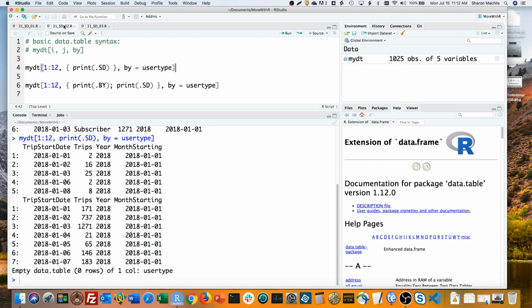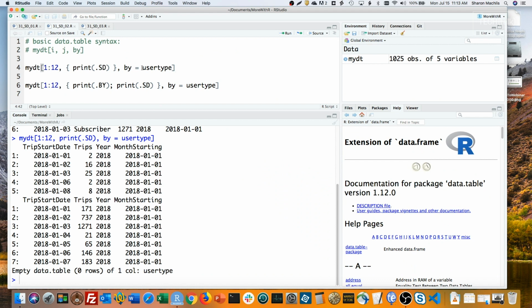If you're familiar with data table syntax, there are 3 parts to the bracket notation after the data table name: i, j, and by. i is for filtering rows, j is for what you want to do, and by is how you want to group your data, if you do. See the code on line 4? I've just put curly braces around the j part. That's going to let me add multiple R expressions inside that j part.